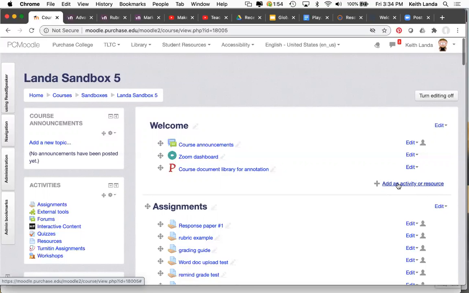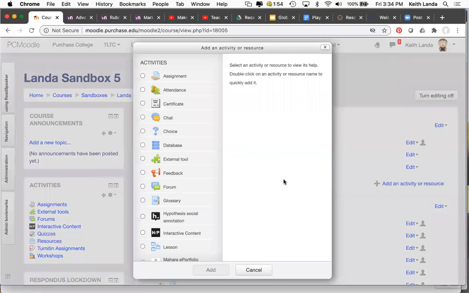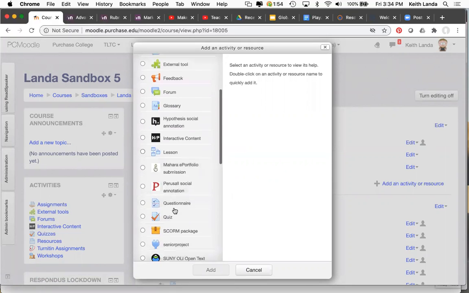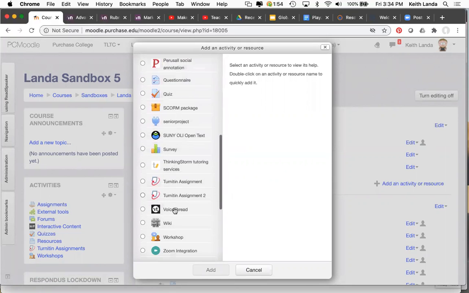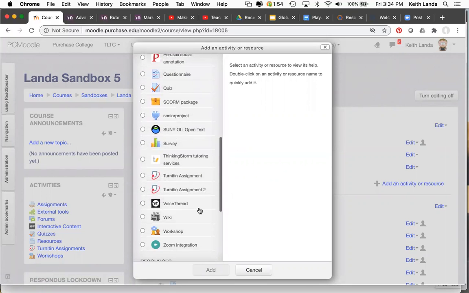Okay. So I'm going to just click add an activity or resource. Sorry, I was muted for a second. Yes, that's correct. We just want a simple way for them to upload a gallery of images that they're working on, where we can then respond to them and grade them. Okay, so I'm going to add a VoiceThread activity,